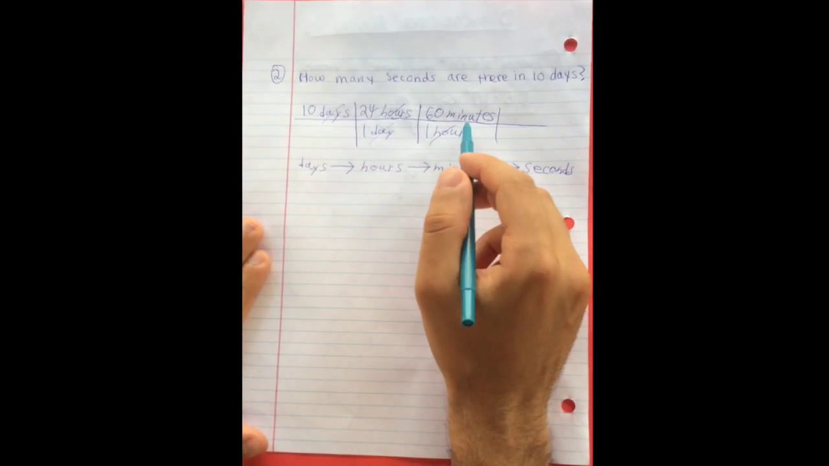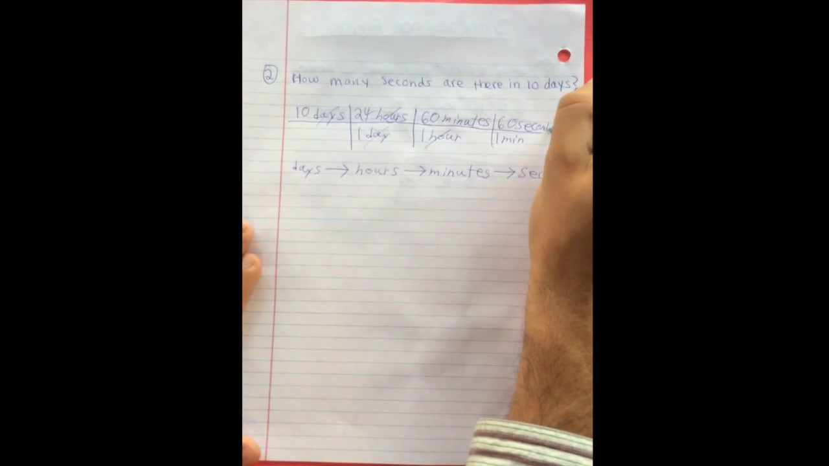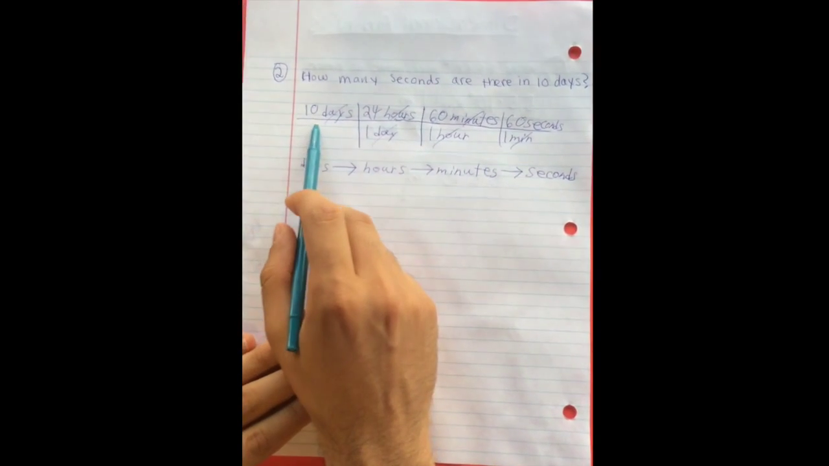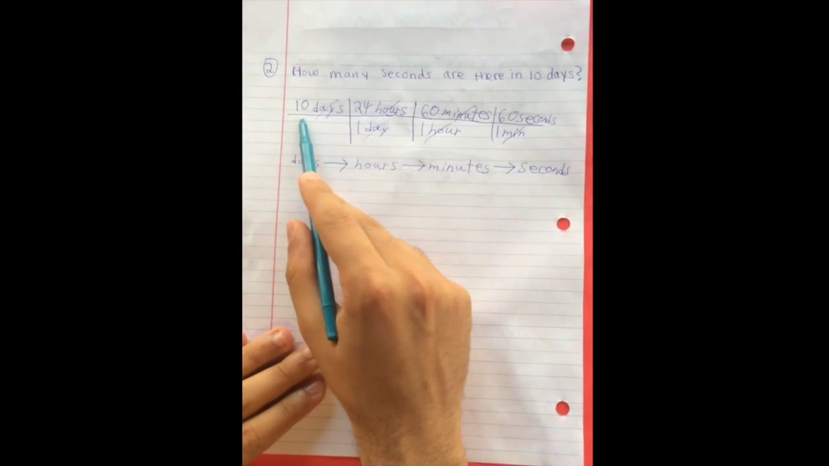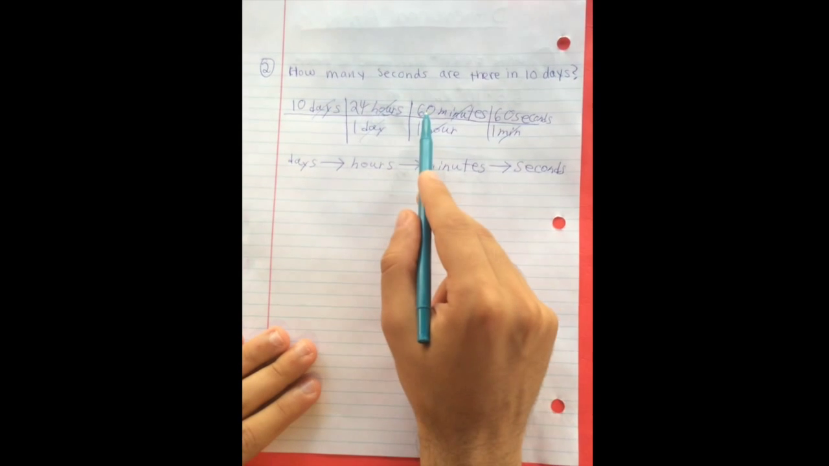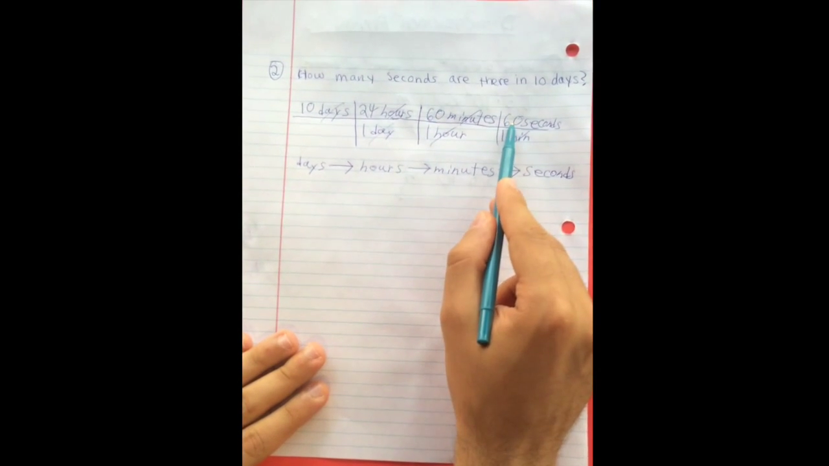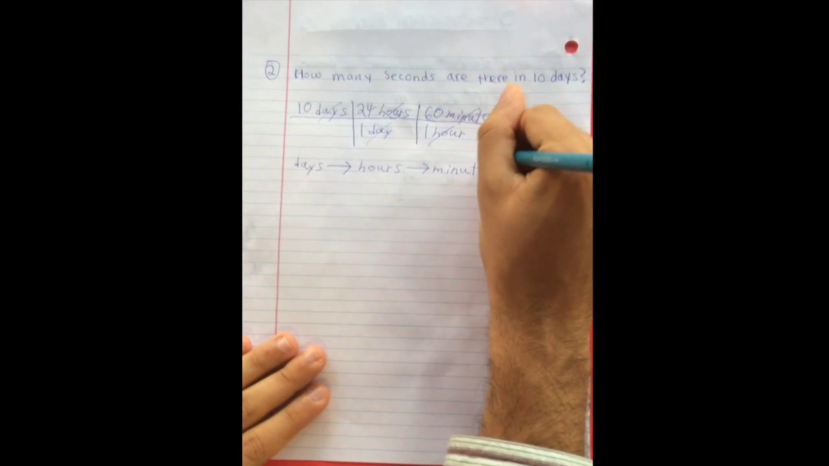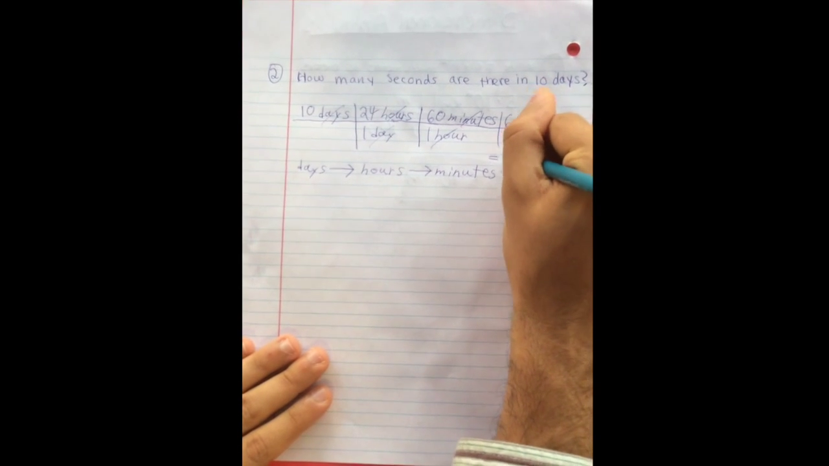We have one final step, and that's to go from minutes to seconds. So 1 minute is 60 seconds. And we see that our minutes cancel out. And then what we do is we multiply across 10 times 24 times 60 times 60. And our final answer is